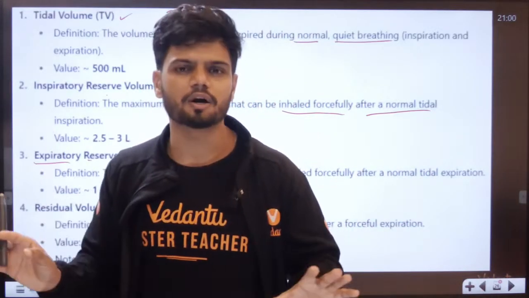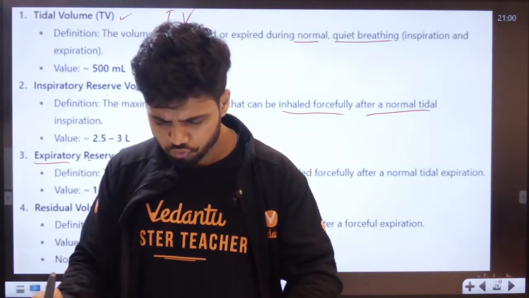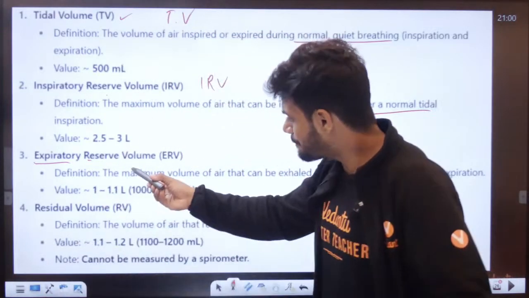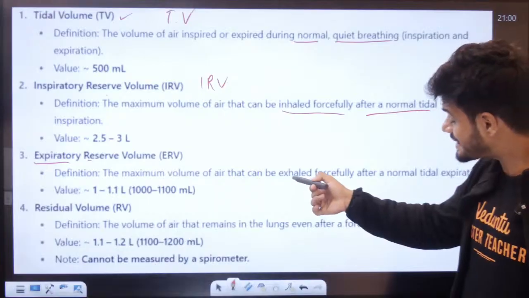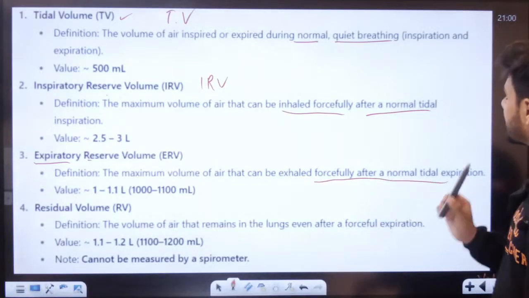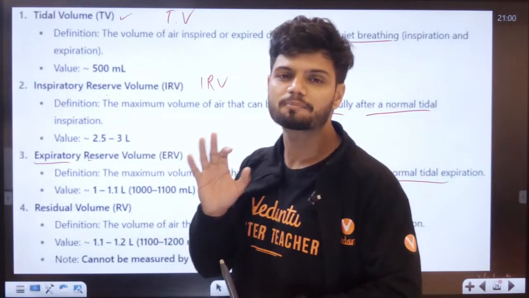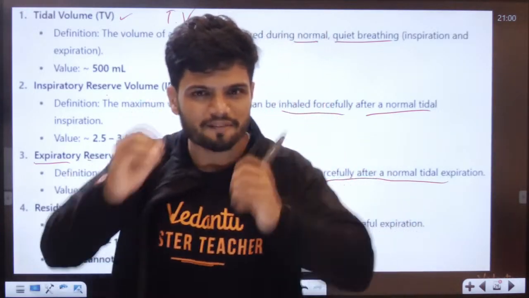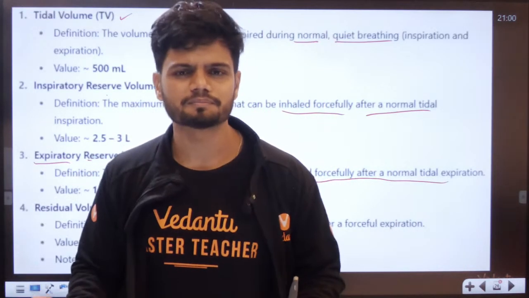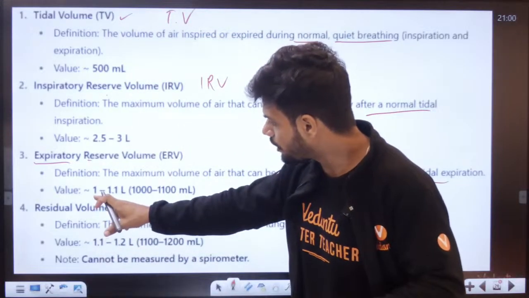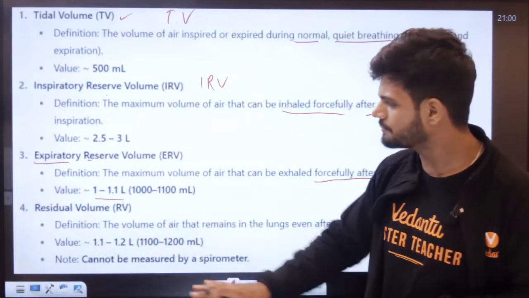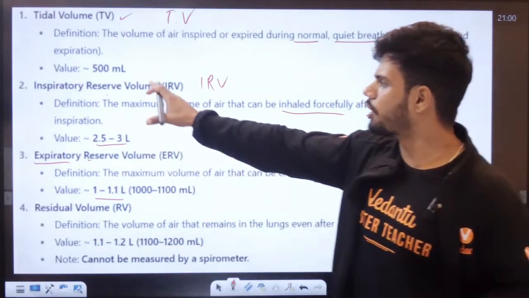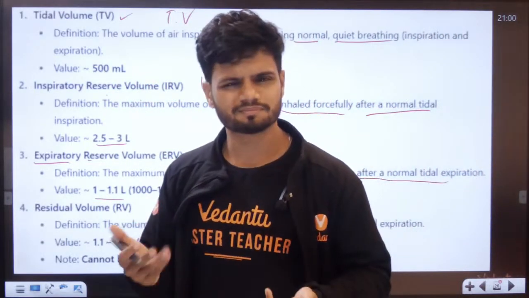Normally TV happens; this is forceful. Now, expiratory reserve volume. If you forcefully remove everything out, what is that called, students? The maximum volume of air that can be exhaled forcefully after normal tidal expiration is called expiratory reserve volume. You forcefully remove everything out. That is basically around 1.2 to 1.5 liters going out, while 2 to 2.5, up to 3 liters, can come in. In normal breathing it is 500 ml.